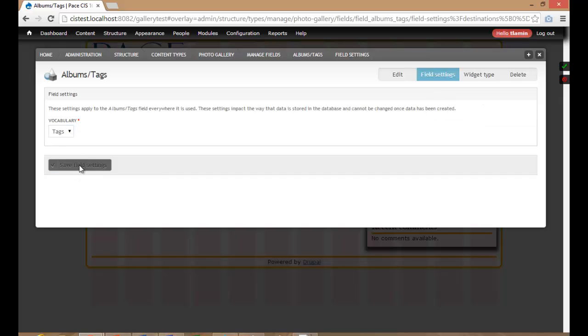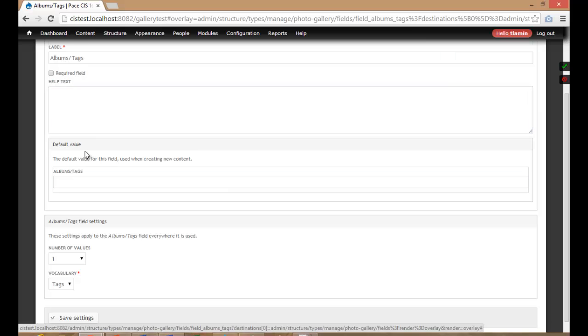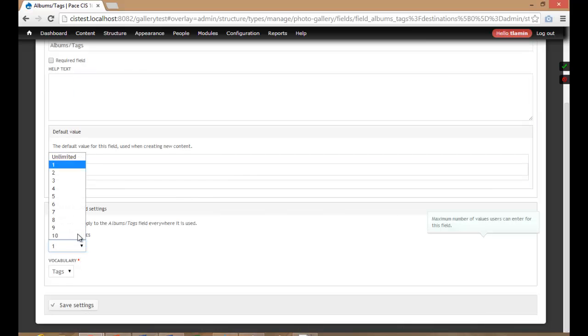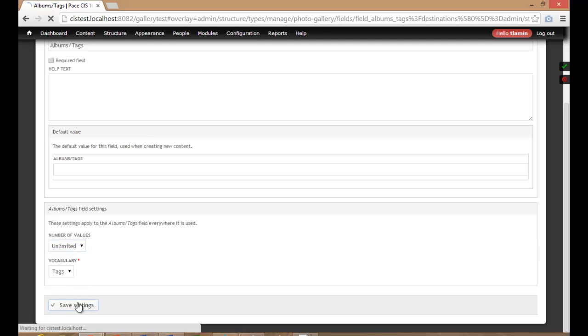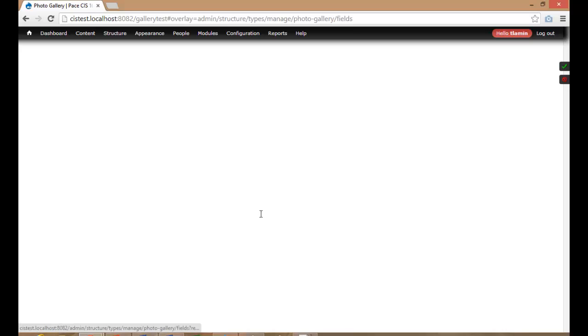So let's use the tags vocabulary for now, and this is not required, but I want to make sure this is unlimited, so the user can add as many tags as they want. And I'll click save, settings. Now I've created all my fields, 1, 2, 3, 4, 5. So first I need the cover, then the image, then the description, then the tags. Okay, so